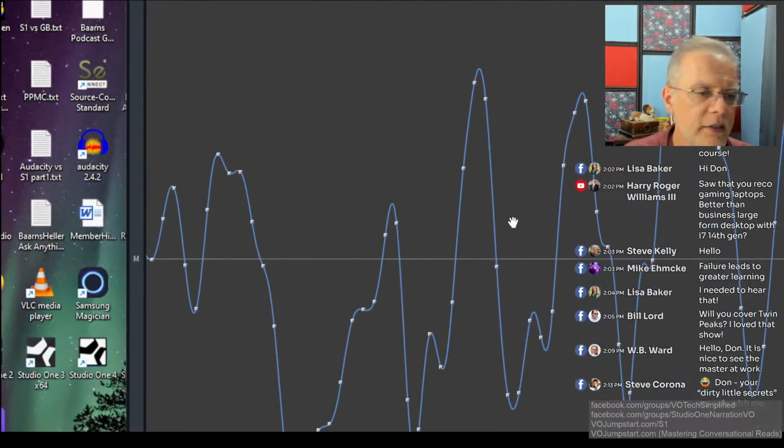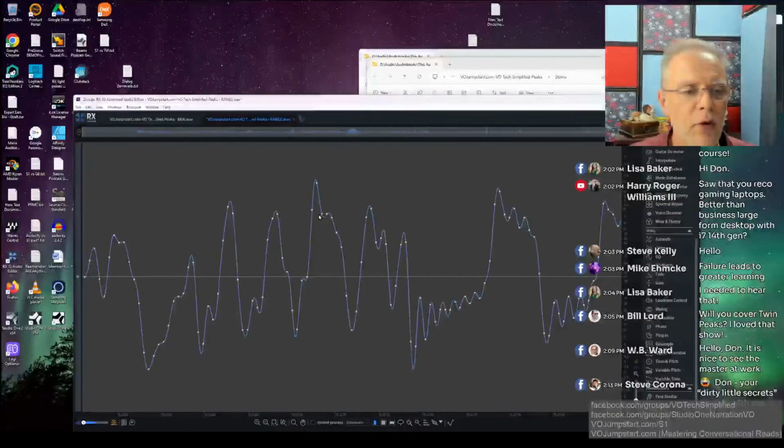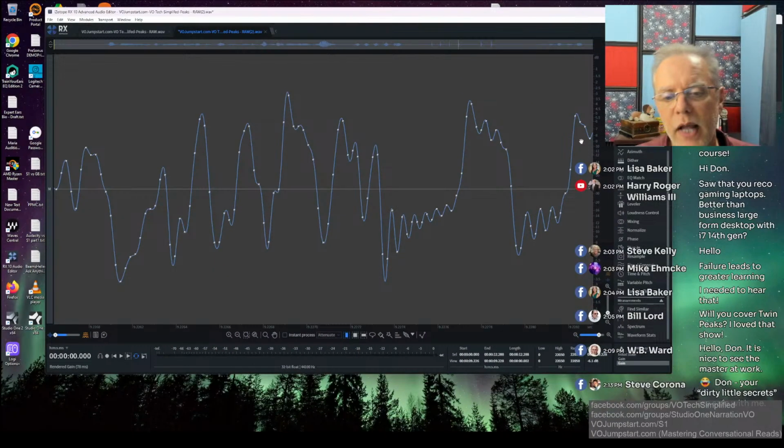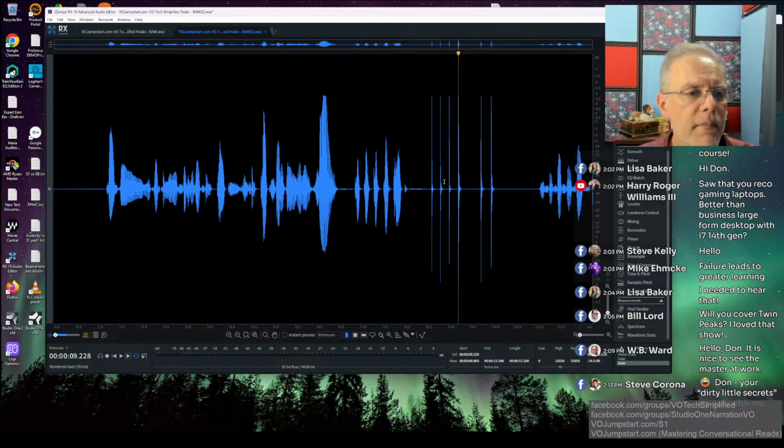I'll look here and see if I've got questions or comments, but RX gives us some tools to do this. You could redraw these waveforms if you want. I'm not going to do that because that's just kind of silly. All right. So what you have here is your audio and you have peaks, and there is a process of normalization. Well, what happens there? Let me zoom out so we get to something you can see here.